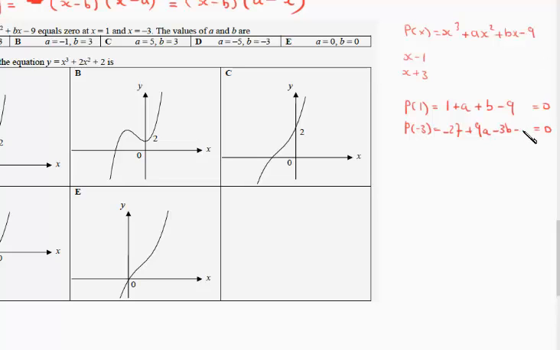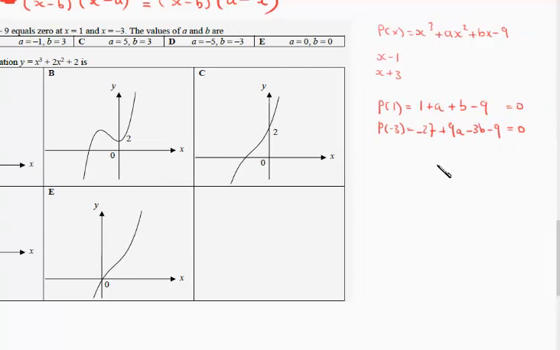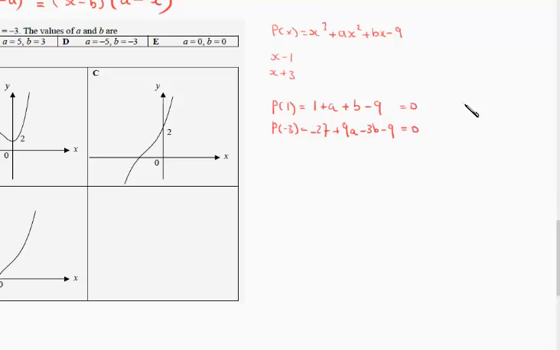minus 9 equals 0. So if we rearrange this, we get a plus b equals, putting the 9 and 1 on the other side, 8. And this one here is 9a minus 3b, and that's equal to negative 36 if you put it on the other side, you get positive 36. So